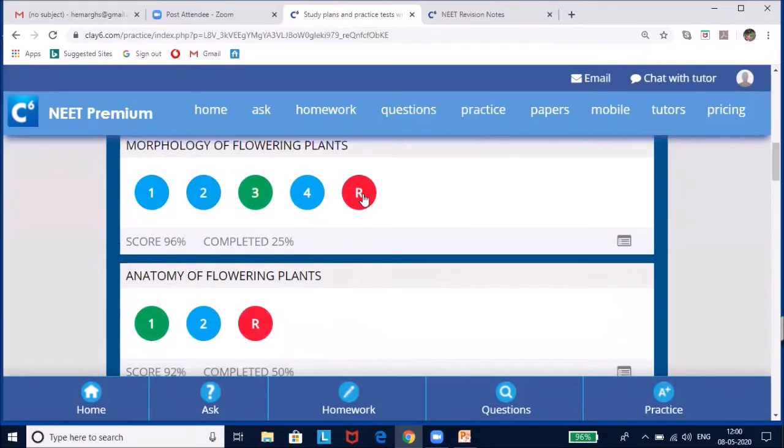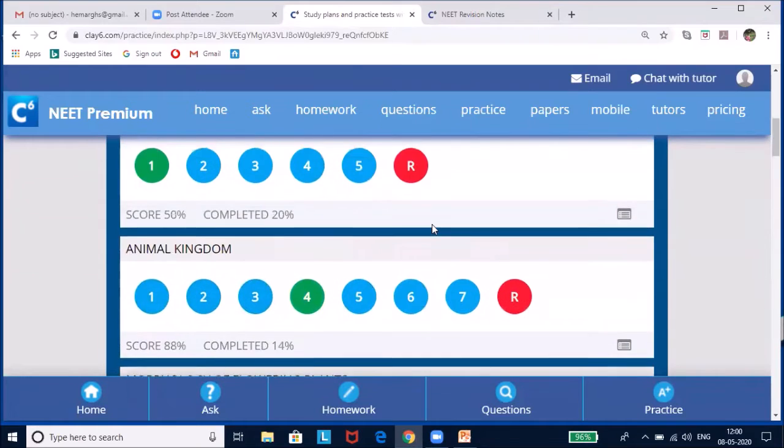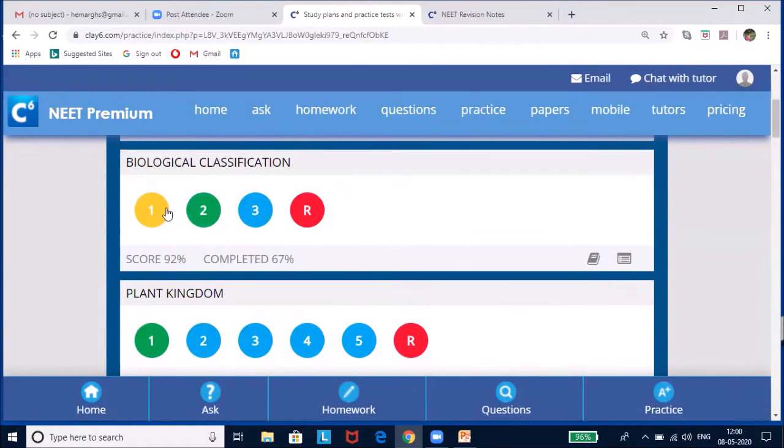Now we are seeing different kinds of colored bubbles here, children. If you see a yellow colored bubble, that means that test has not been attempted. If you see a green color bubble, it means I completed the test. Though I have completed the test, I can take the test again and again. Suppose I have got less marks in test 2, then after 2 or 3 days, maybe after looking at the answers and learning, I might want to check whether I'm able to recall. Then I can go back and take the test again.